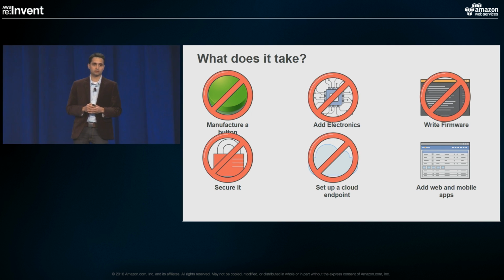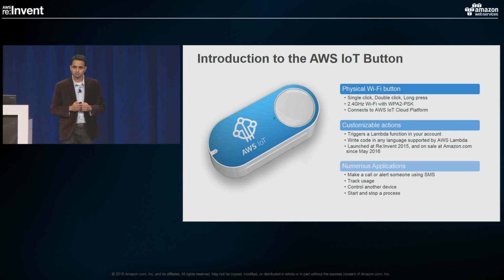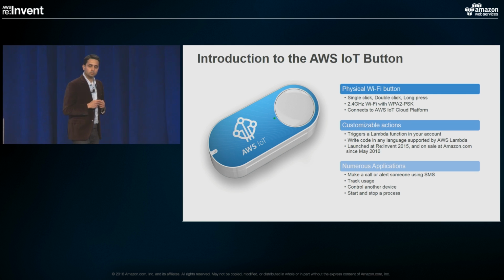And so the IoT button is a simple device that encapsulates all of those first 5 things. You get a button, and what we do is it connects over Wi-Fi to AWS IoT and triggers a Lambda function. If you're not familiar with Lambda, it's a service that allows you to write code without having to manage or host your own servers, and AWS runs the code on your behalf in response to events. In this case, the event is a click of a button, or 2 clicks of a button, or a long press of a button. So we have multiple options in this particular button, and all of these can trigger different